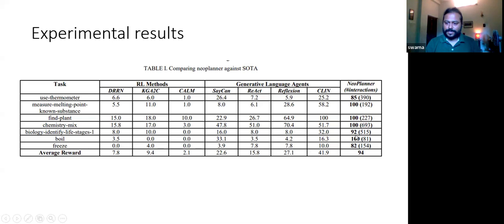And 3 of them it has almost solved, but not fully. Also, the number of interactions with the environment is much less compared to the RL methods. I haven't written the number of interactions for these methods, but of course it's much less with respect to the RL methods.